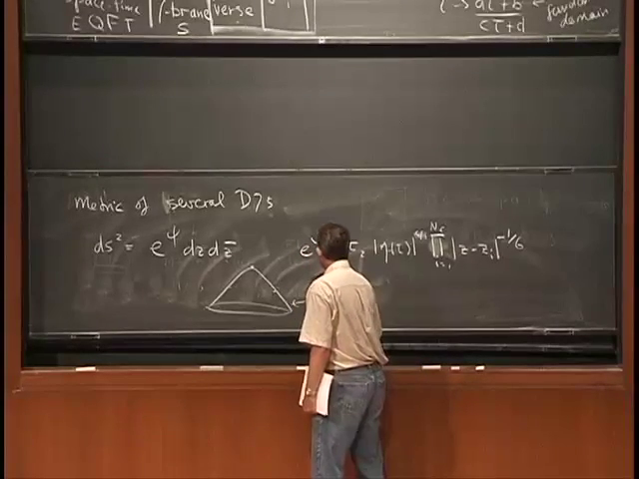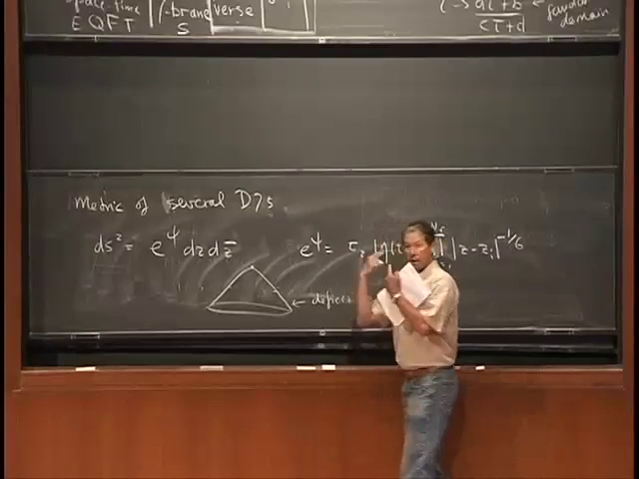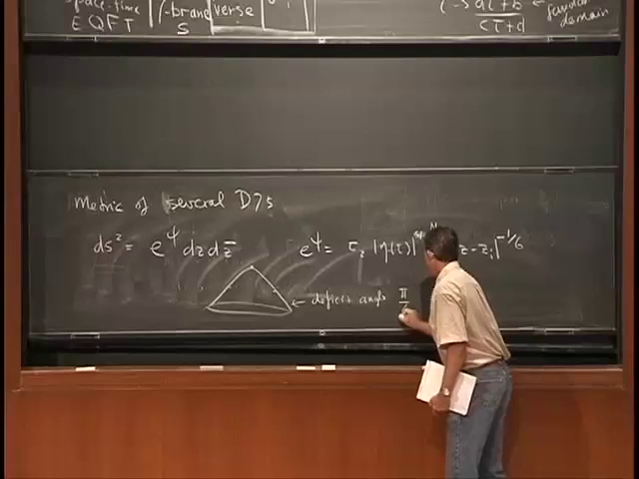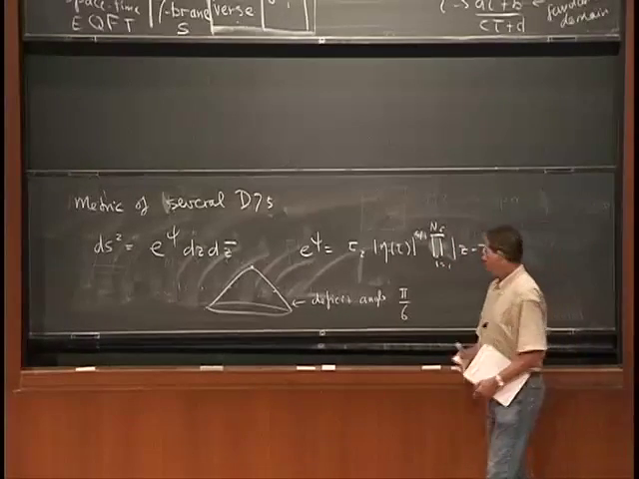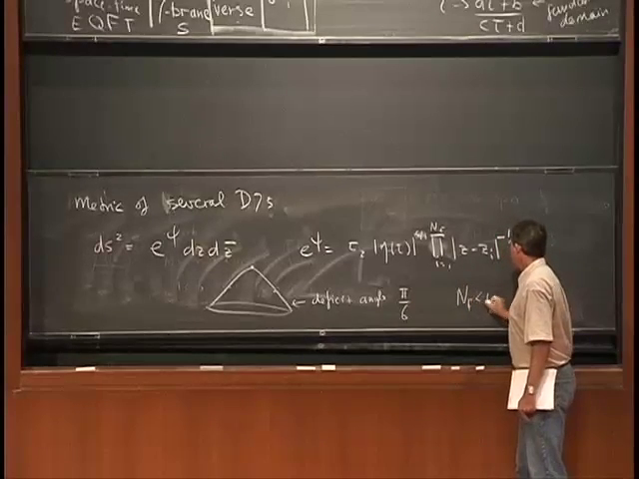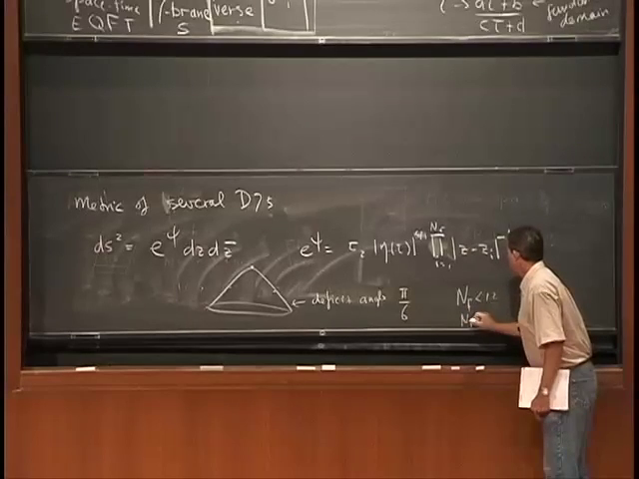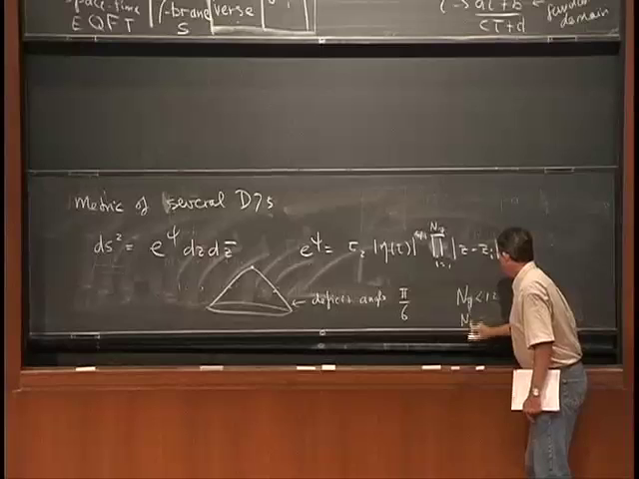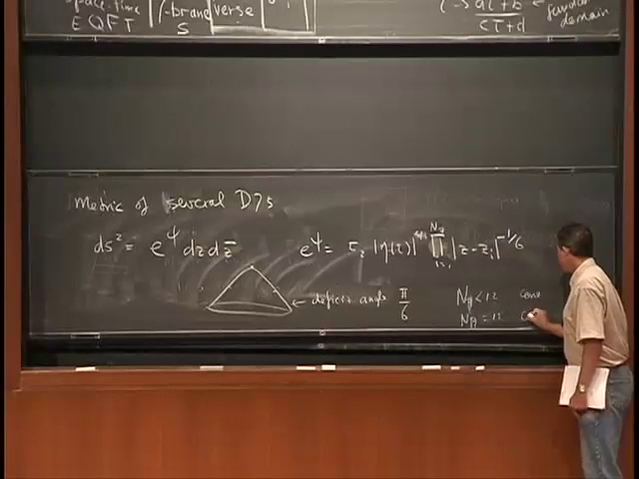And a cone has a deficit angle. That's the amount of angle that you put in the tip of the cone. And the deficit angle for a given D7 brane is pi over 6. So as long as you have n7 less than 12, you get a cone. If n7 is equal to 12, essentially you get a cylinder, if you like,